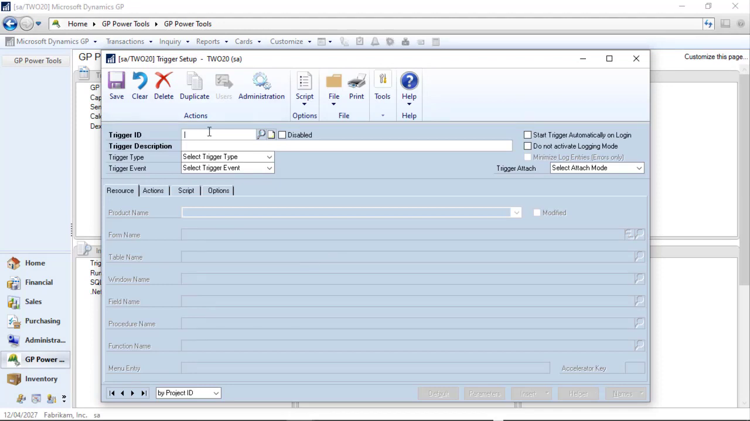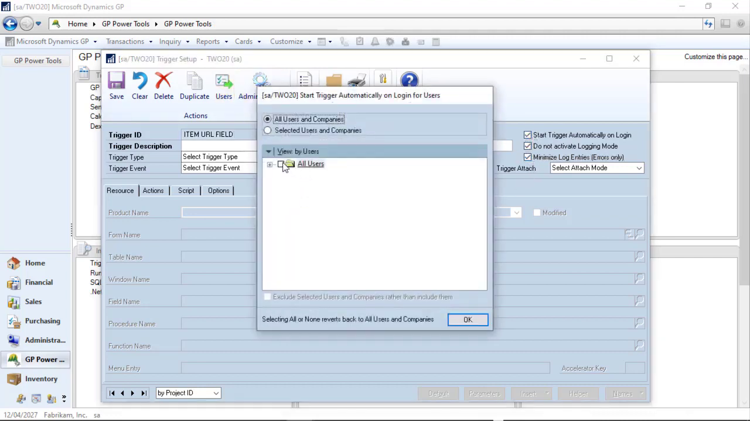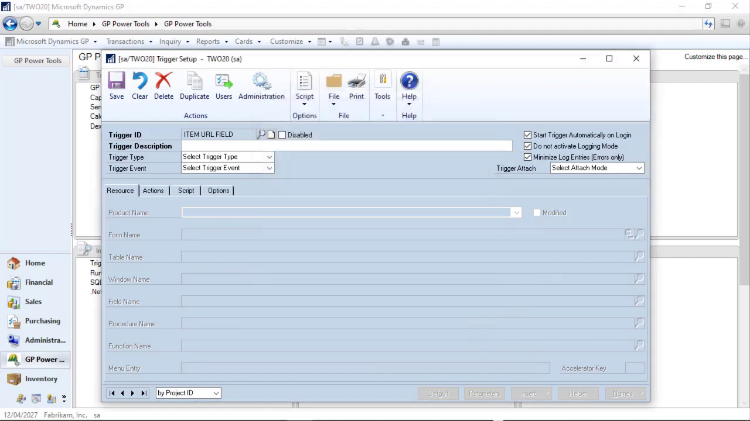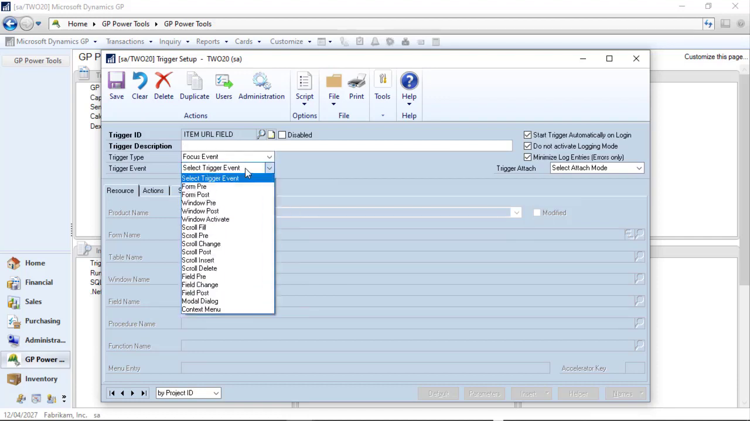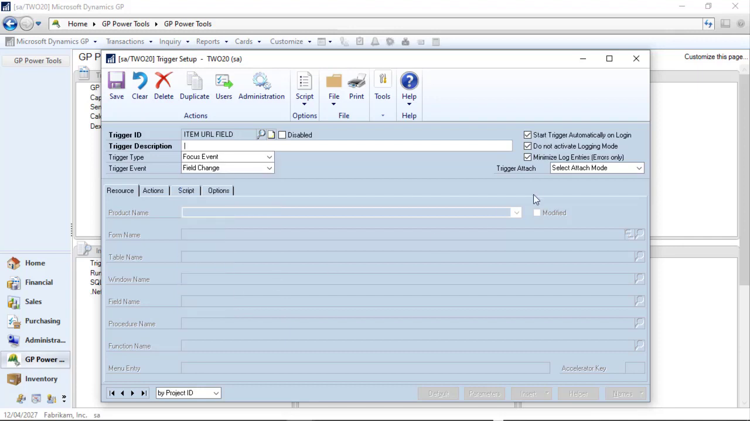So we're going to create a new trigger ID, and we'll call this one item URL field, and we're going to make this run for the current user, and the resource or the type is going to be a focus event after the field change,